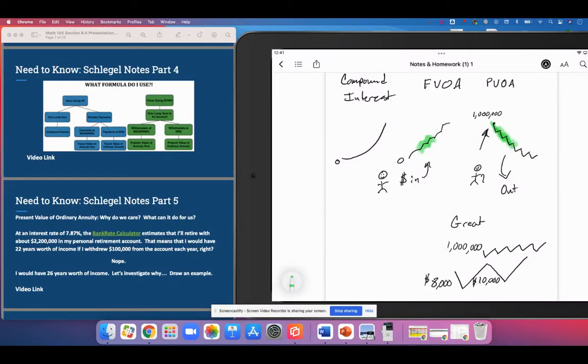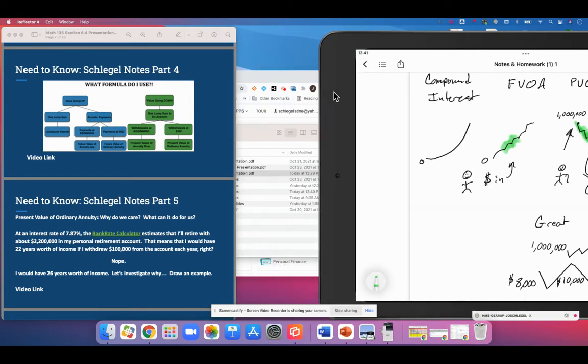So I'm going to address these two sets of notes all at the same time. When you receive this, they will be named Part 3 and Part 4. I made some adjustments, but I'm going to talk about both of these in the same video, which will be linked down here. So what we've got in this case, everyone, and I'll make this larger so that we can see it better,